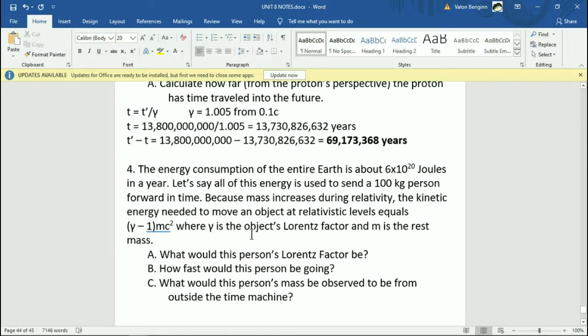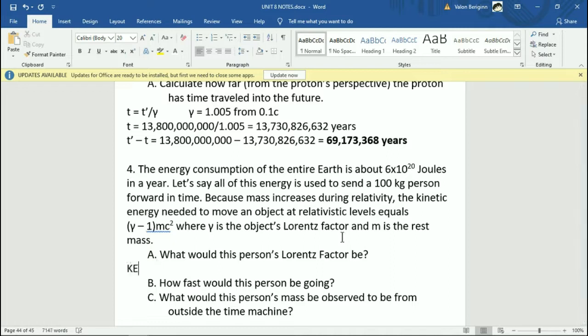So, energy consumption of the Earth is about 6 times 10 to the 20 joules in a year. Let's say this energy is used to send a 100 kilogram person forward in time. Because mass increases during relativity, the kinetic energy needed to move an object at relative speed equals that equation. Okay, so this person has factor gamma. So the point of this is to say that here I have all this energy, and it's going into this kinetic energy, specifically this relativistic kinetic energy. So what this question is saying